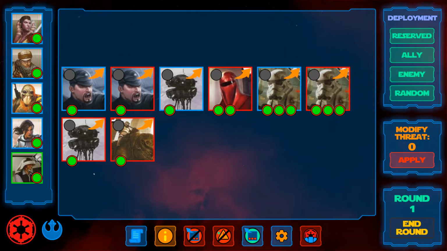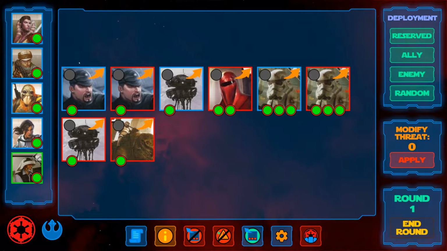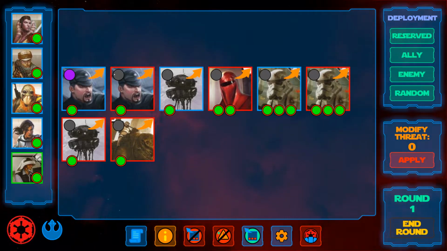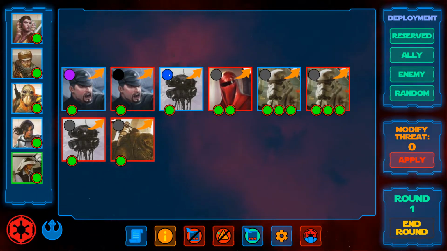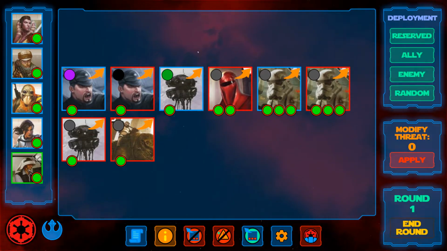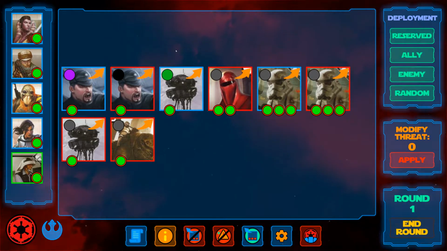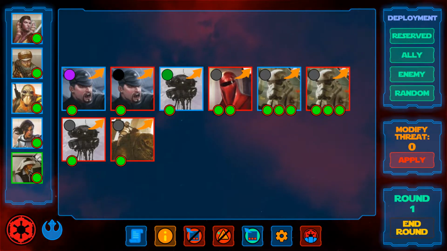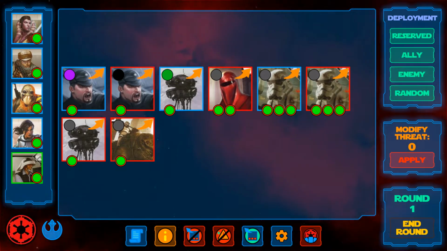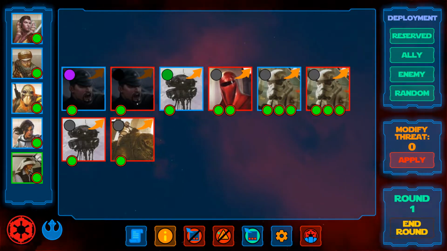Next is the enemy section. This area shows you any deployed Imperial groups with a thumbnail. You can use the colored circle at the top left to assign colors to a group. Do this to distinguish between multiple groups of the same type, just as you would with the colored tokens. The app automatically exhausts a group after its activation. Exhausted groups are dimmed. However, you can click or tap the thumbnail to manually exhaust a group.